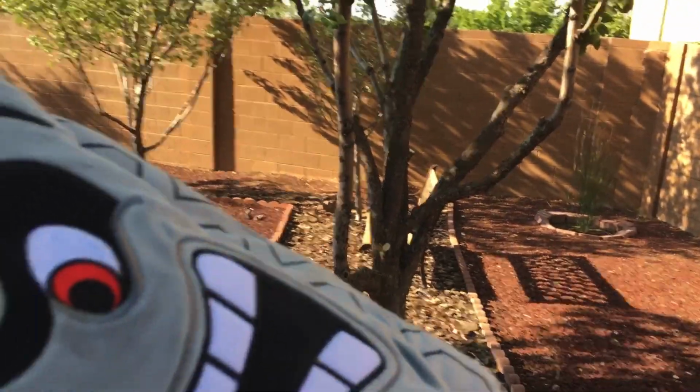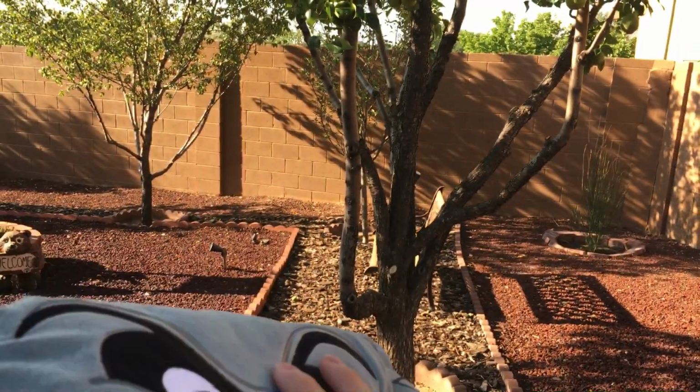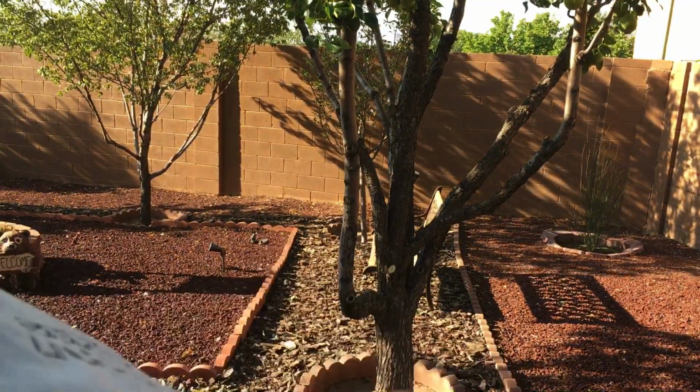I used to think that my fake Thwomp was real, but after looking at photos and just seeing how the fake one is, this one is just so much better. It's more squishy, but I like that. The other one's as stiff as a board. But yeah, Thwomp Thompson, let me show off his